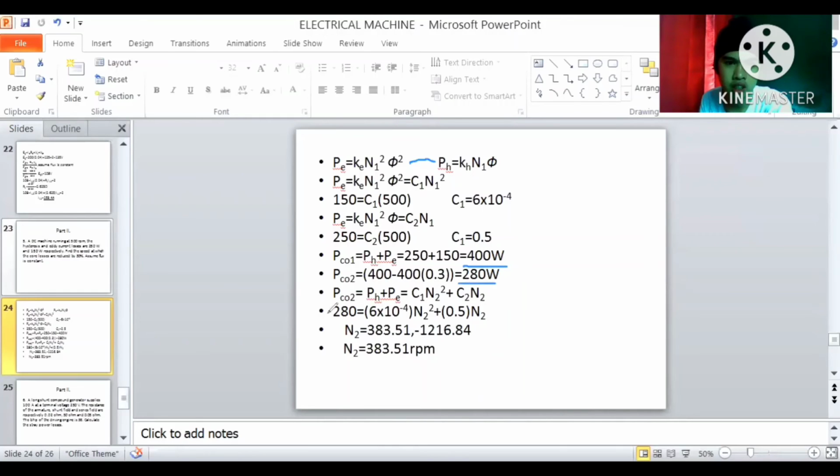So PCO2 equals PH plus PE equals C1 N squared plus C2 N. So 280 equals 6 times 10 raised to negative 4 N squared plus 0.5 N. So N equals